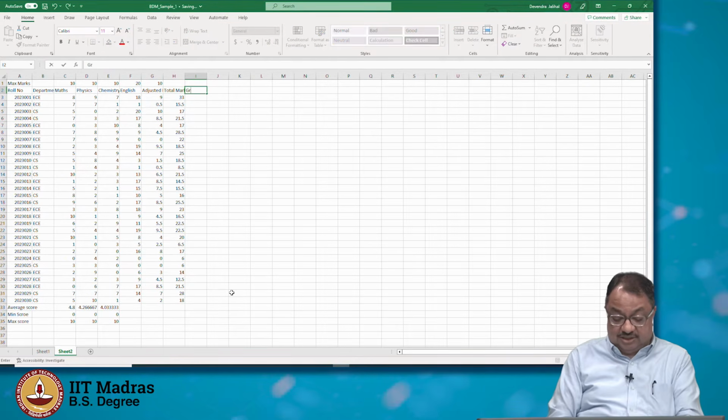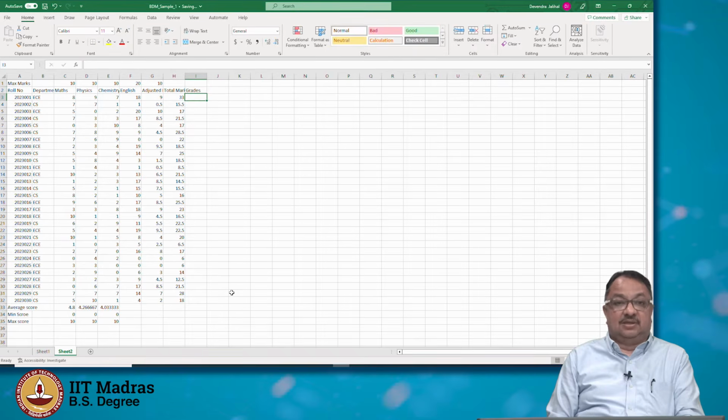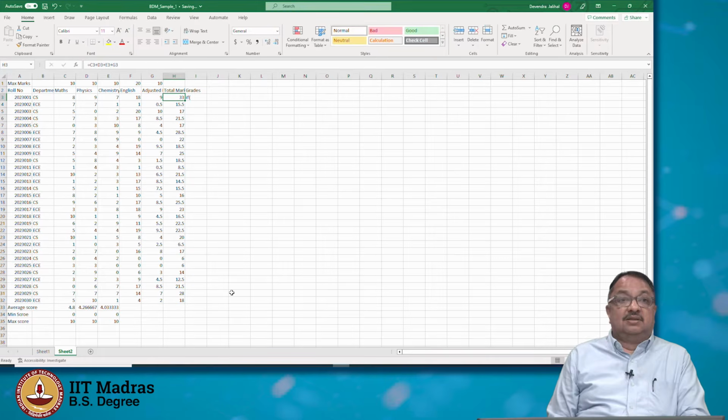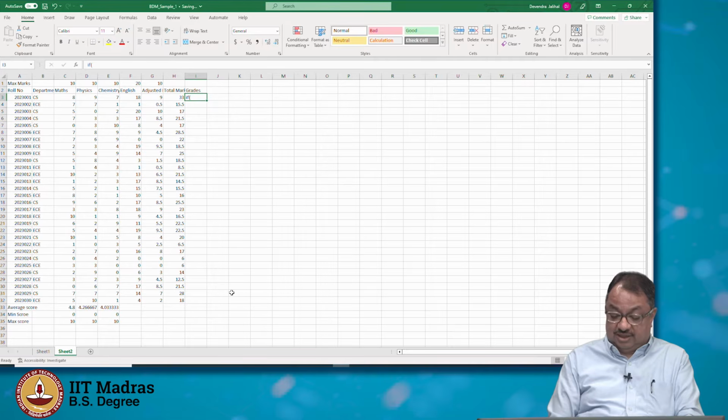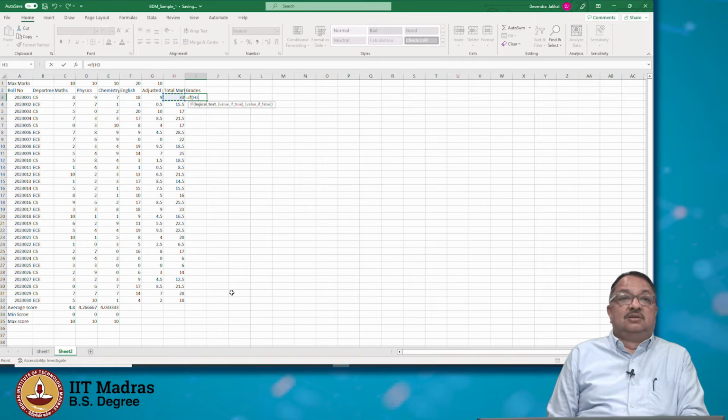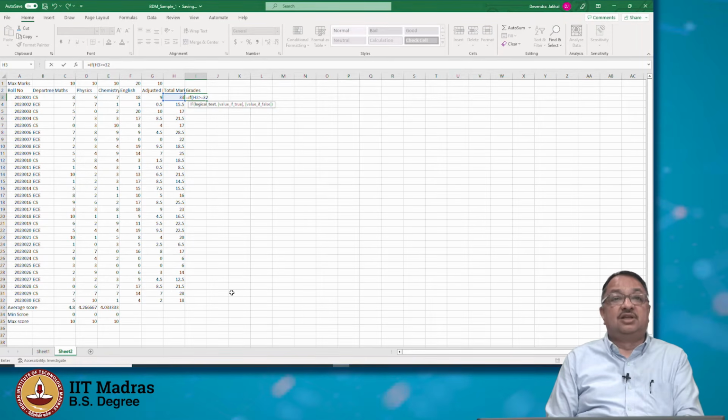So, I will do the grades again, and here I will say if this is, and now I will change the thresholds, I will say more than 32 is A. Sorry, I should have said I do not want data, I want computation, right. So, therefore, equal to if H3 greater than or equal to 32, then A, else